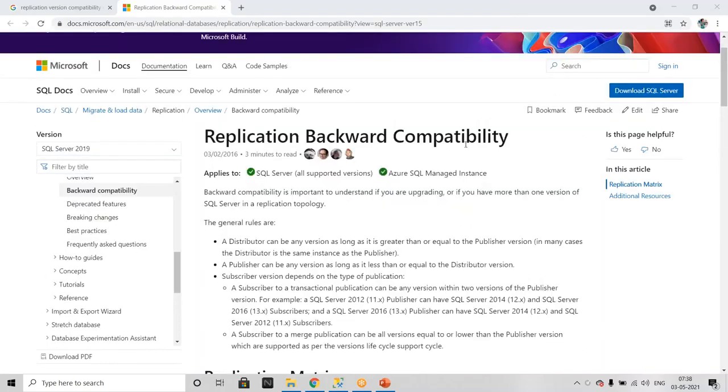See, replication backward compatibility. Backward compatibility is important to understand if you are upgrading or if you have more than one version of SQL Server in the replication topology. In the replication topology, if you have multiple SQL Server versions available, like, for example,